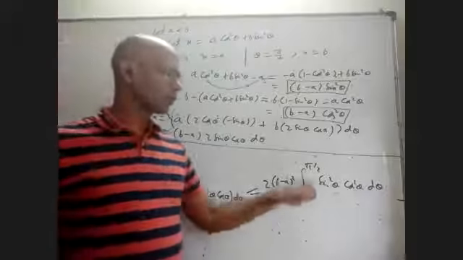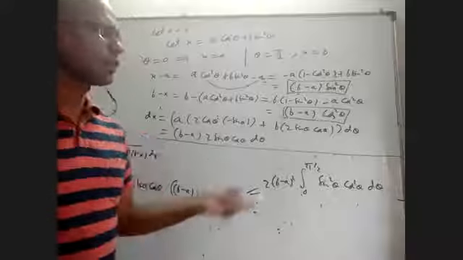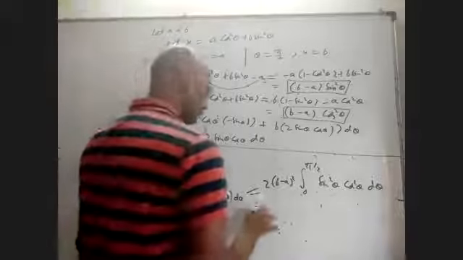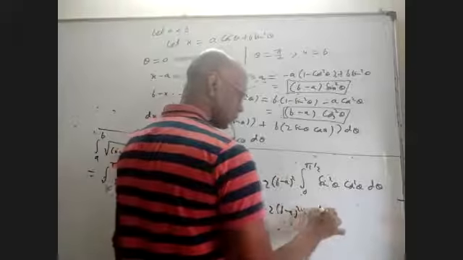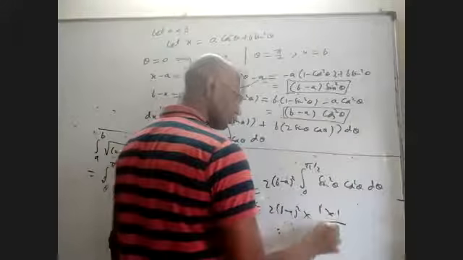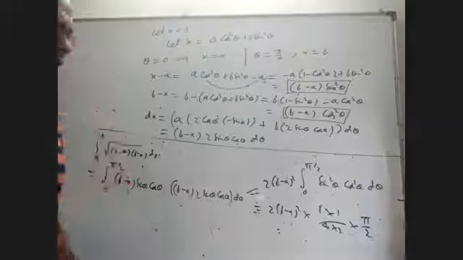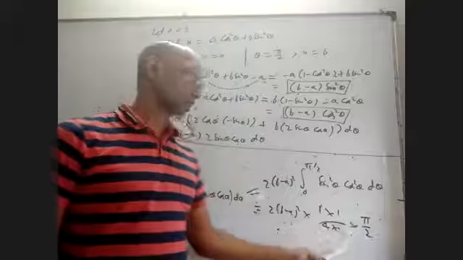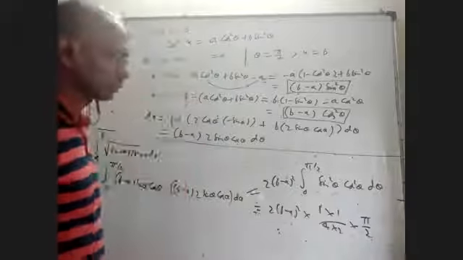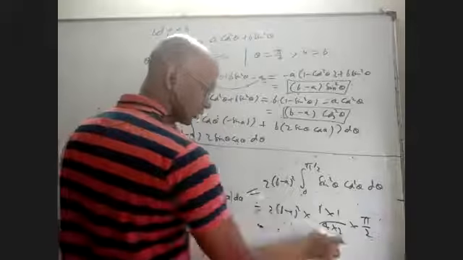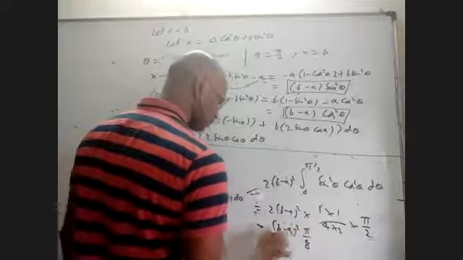Normally, I would have multiplied this 4 divided 4, make perfect square, and I would have managed with simple integration. But anyway, we discussed reduction formula, so I'll use it. But otherwise, it's not necessary. 2 into b minus a whole square. 2 is there, so I have to write 1. Because of this 2, I have to write 1. 2 plus 2 is 4 into 2. Both are even, so I have to write pi by. We'll get finally it is pi by 16, that part. But actually, normally, I would have multiplied 4 divided 4 and made some perfect square, so it would have worked out. It's okay. So 1, 2 will get cancelled. Finally, it is b minus a whole square into pi by 8.